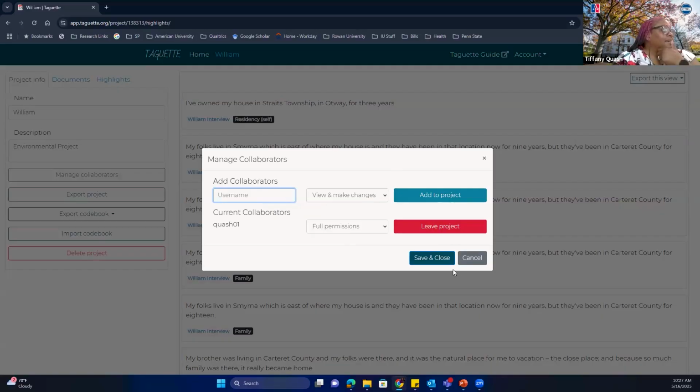So let's say that you have somebody who is collaborating. Everything that they have marked will also appear in the document. Okay. So does anybody have any questions about that? Yes. Can you tell who has tagged what? Like if you had... so you can't tell who's done what. Okay. No, that's the unfortunate part of this. That's a really good question, Mandy.